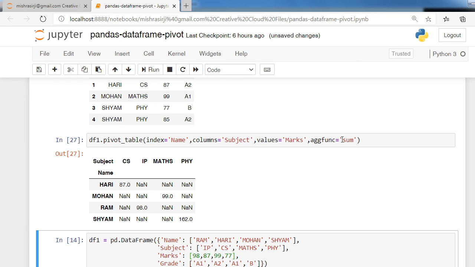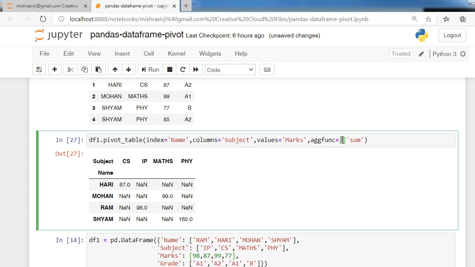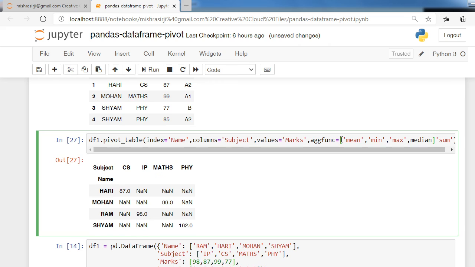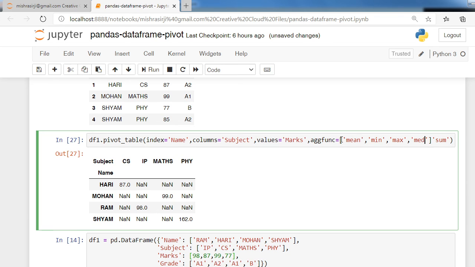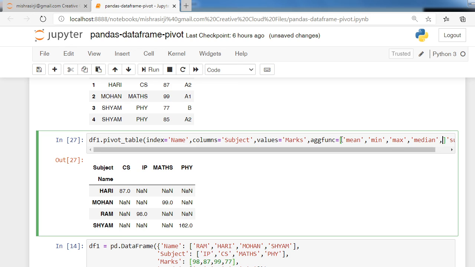You can see aggfunc equal to mean, comma median, comma min, should be written in inverted quotes, min, max, median and sum.